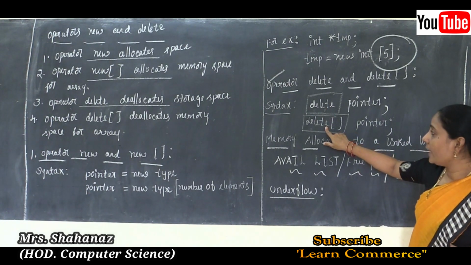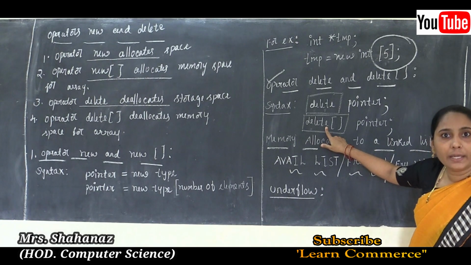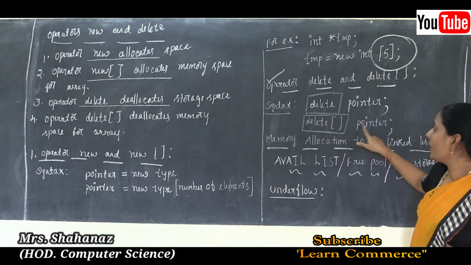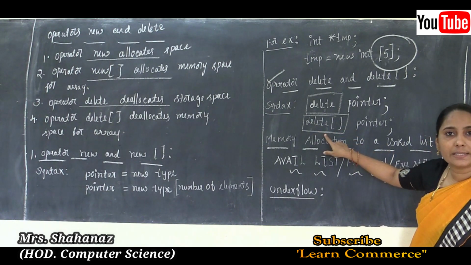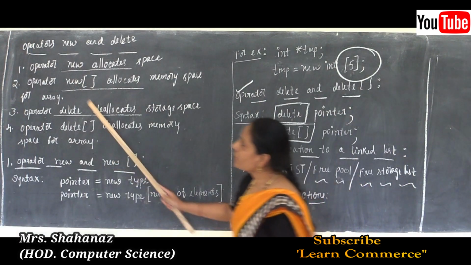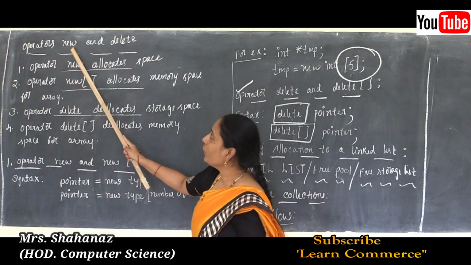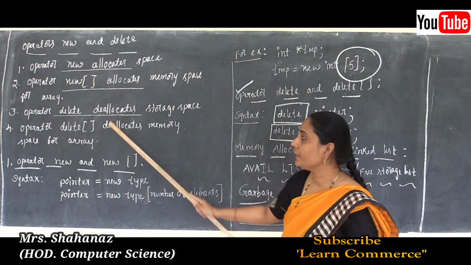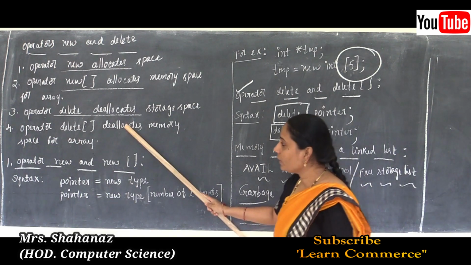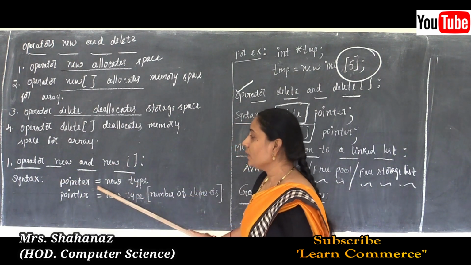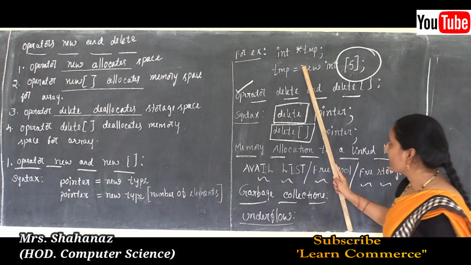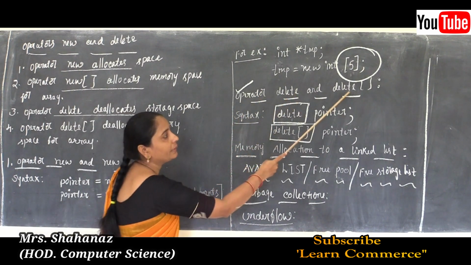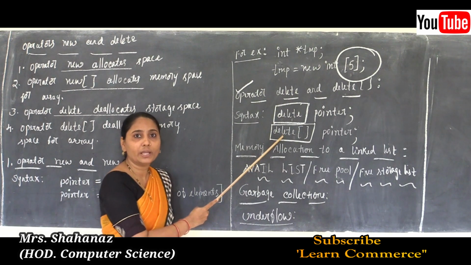And the second statement is used to release the dynamic memory that was allocated by using operator new size. It is going to be deleted by using the syntax delete size pointer. We already discussed the operators new size, delete and delete size here. After the operator new and new size, with some syntax and examples, we discussed the operators delete and delete size using some syntax.